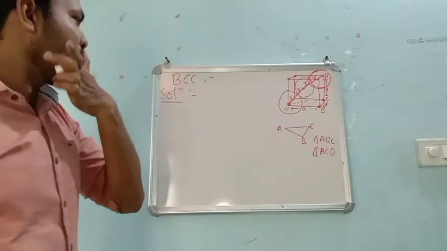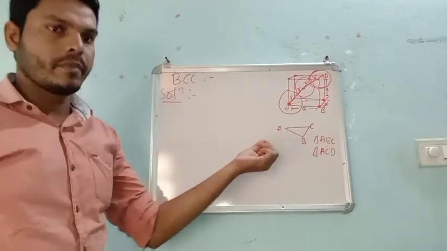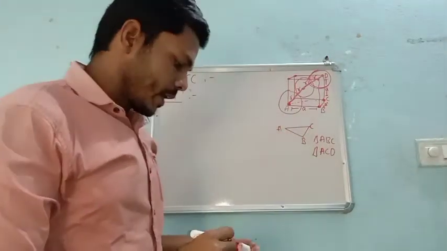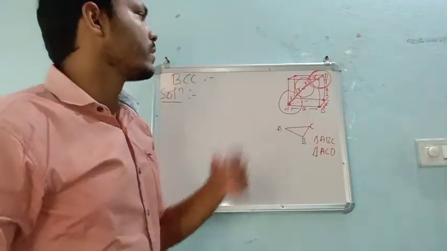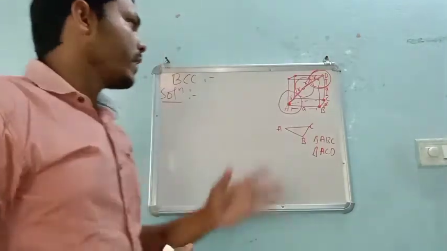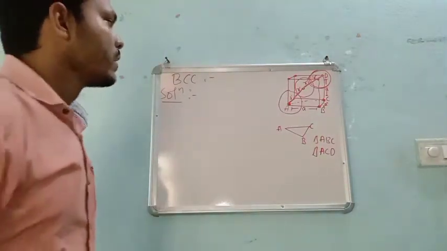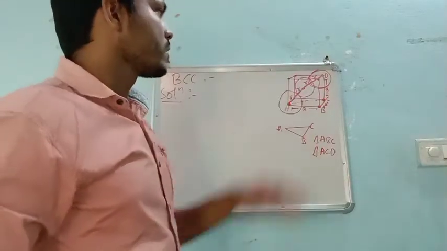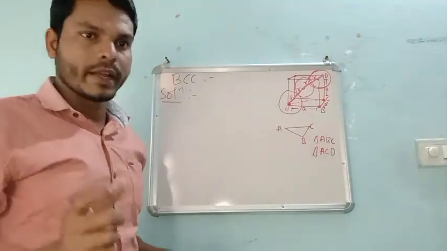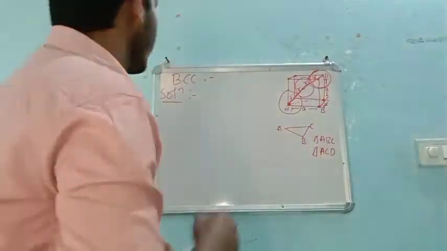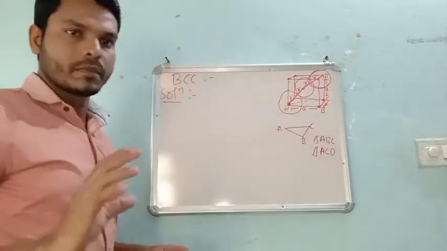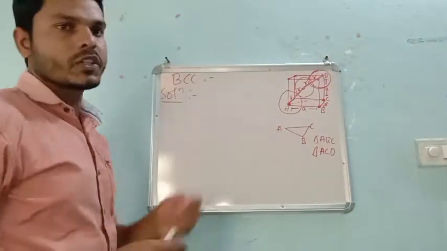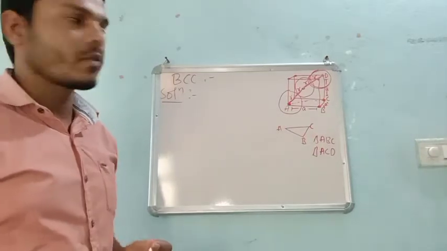So this is a little trickier here, but you can easily understand by doing so. And if you have any doubts, let me know later. So for now, you just understand there are two triangles, right? And now first we need to start from the definition of BCC. What is the definition of BCC?